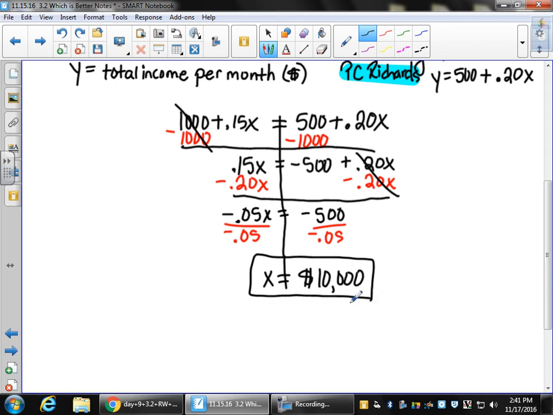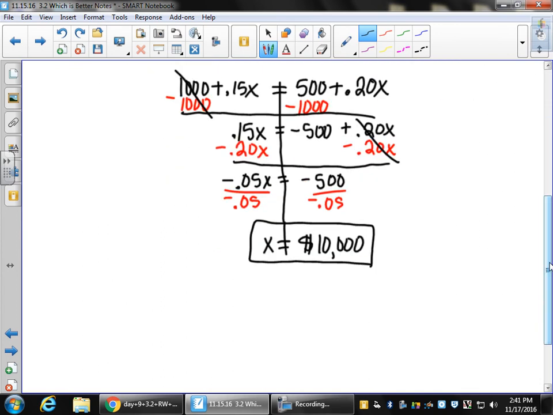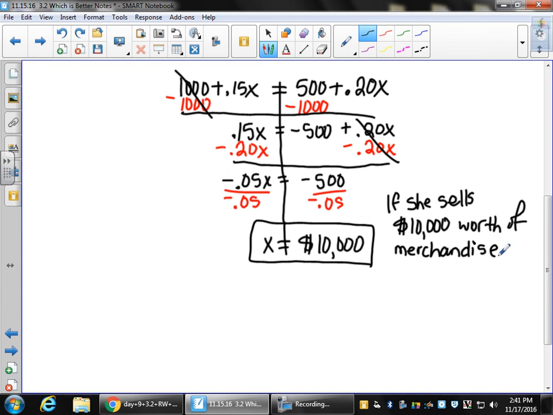Now, before we move on, let's reason on what this means. X is defined as her sales. So if she sells $10,000 worth of merchandise in a month, because this is based on the monthly income,